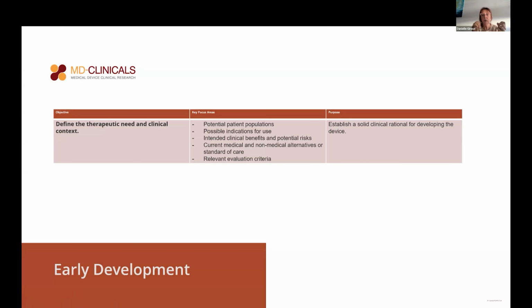Possible indications for use, the intended clinical benefit: you develop the device for something, so you must have an idea what it will deliver as benefits to patients. What are the current medical and non-medical alternatives, so that you justify why you designed this new device? Also, relevant evaluation criteria. The purpose there is really to establish a solid clinical rationale for developing the device at this early phase. And that's where the collaboration between design and development and clinical evaluation, or the clinical team, can be very